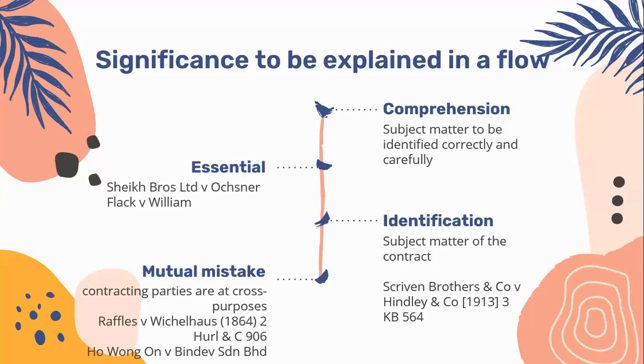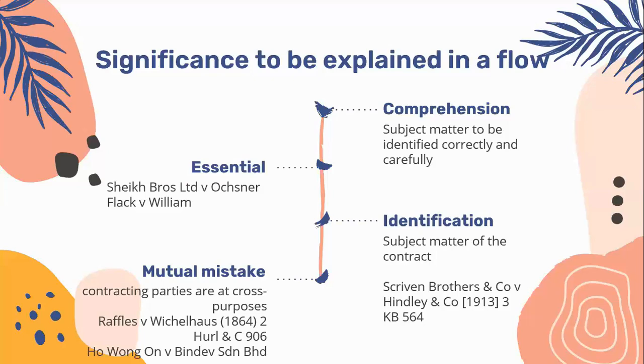In Scriven Brother and Company and Hindley and Company, it was regarding a bidding of lots, which was named after SL Works, and it was between two kinds of lots that were under the same name, but one had a cheaper value than the other. So with that, the identity of the subject was vague, and that was why the court held the agreement void. But it was not so in this case, as for Fu Lianxin and Ng Chunlin.